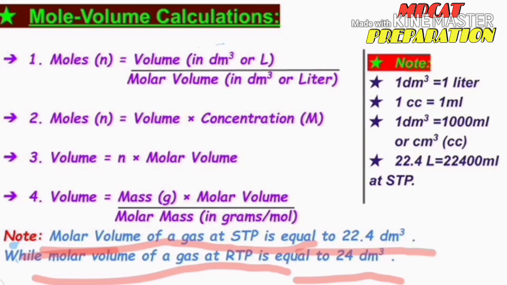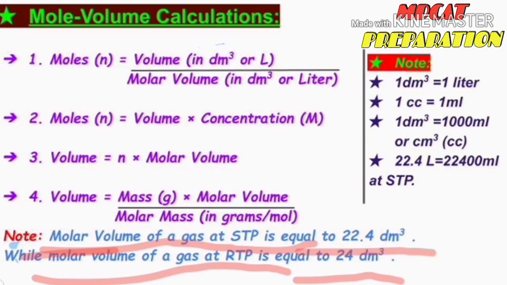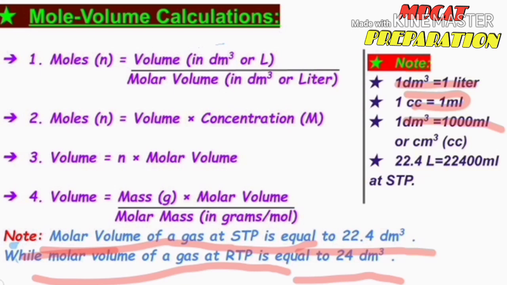Now here are some important conversions which must be kept in mind while doing stoichiometry calculations. 1 dm cube is equal to 1 liter, 1 centimeter cube is equal to 1 milliliter, and 1 dm cube is equal to 1000 milliliter or centimeter cube or cubic centimeter, and 22.4 liter is equal to